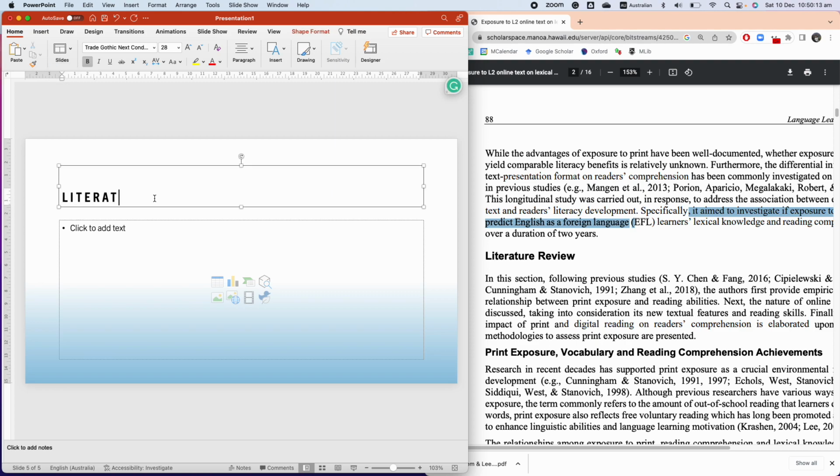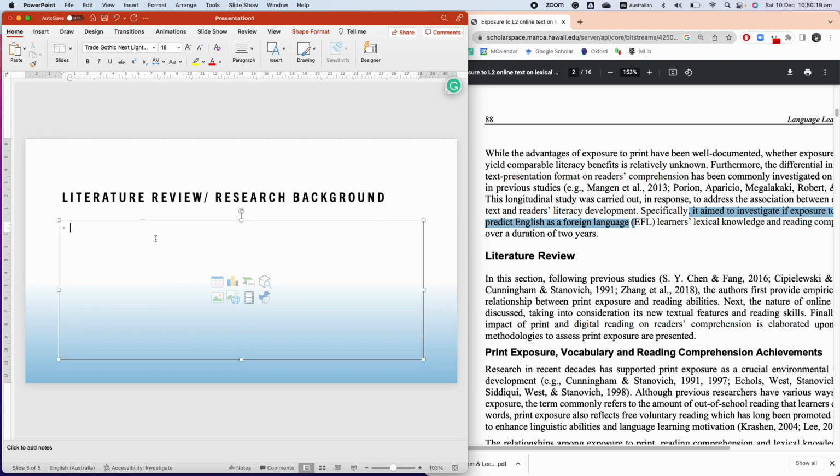section, which is the literature review or research background. So as the name suggests, you need to point out what has been found in the literature about the topic. There are two guiding questions that I can think of. What has been found, and what is the theory or concept that the study draws